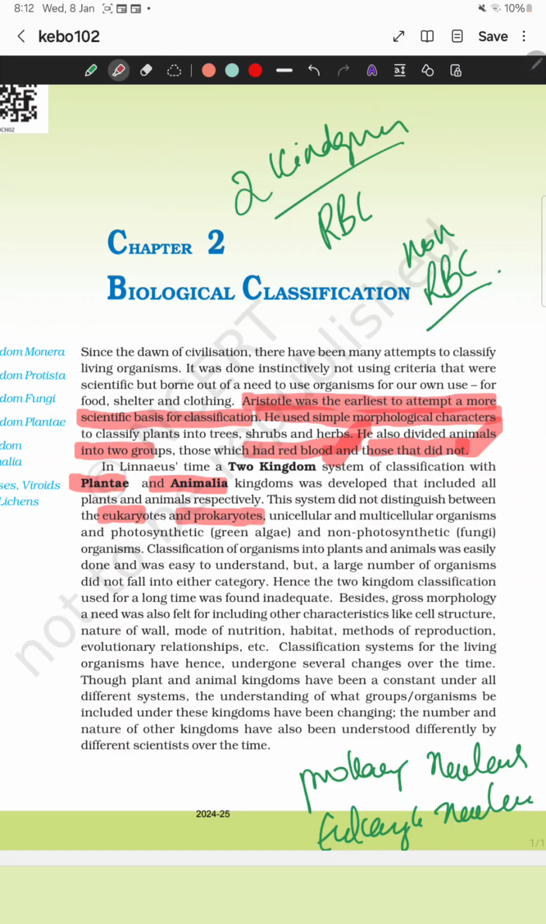And he also distinguished between unicellular organisms and multicellular organisms. The plants which can prepare their own food in the presence of light are known as photosynthetic organisms. So he classified photosynthetic green algae, and non-photosynthetic ones, which means photosynthetic pigments are absent. They are known as fungi and so on. So these two classifications were denied by many scientists. So later on